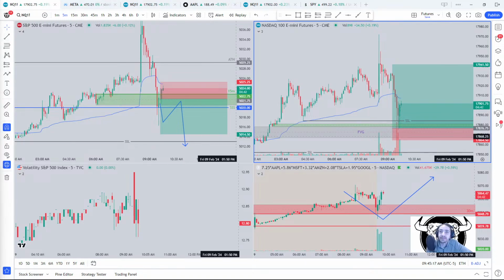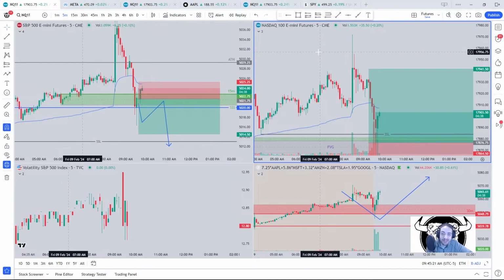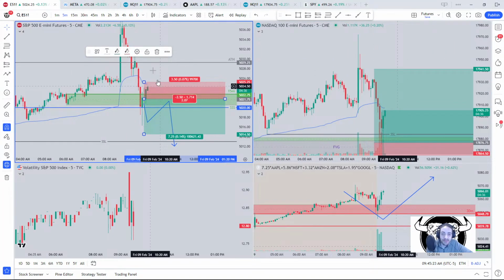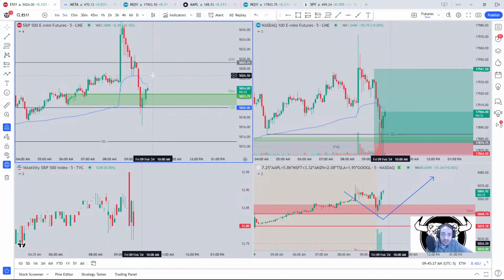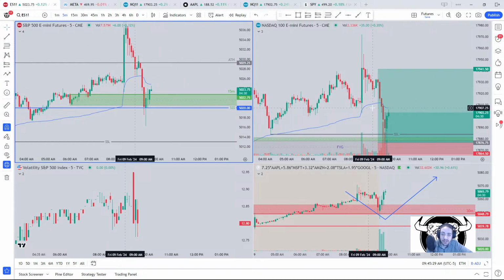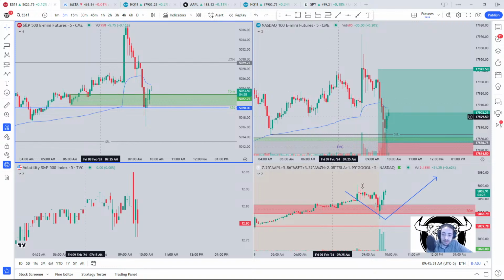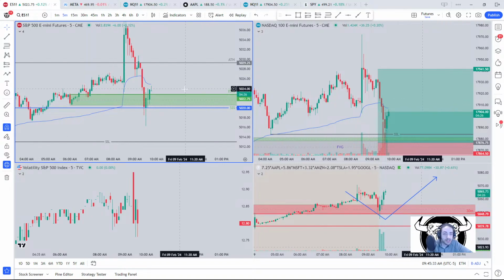Good stuff, good stuff. We're staying in it. We're staying patient. Hope you guys are in some longs with me. This ES play did not play out right. I didn't take that trade. I didn't have the confirmation. I'm still in these NASDAQ longs. I want to see a push higher. Weighted indices have been pushing higher.